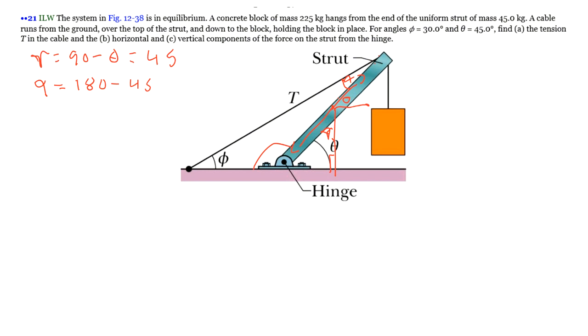But if you add alpha plus phi plus 180 minus theta, that's what I was trying to get to. That should all equal 180, right? Because that's 180 minus theta plus phi plus alpha. That should all equal 180 because the interior angles have to line up. So 180 minus 180, you get alpha